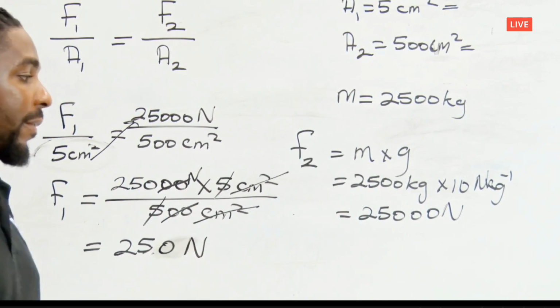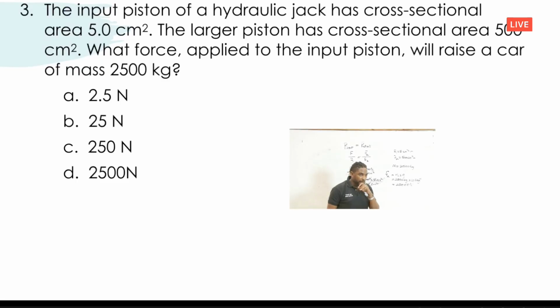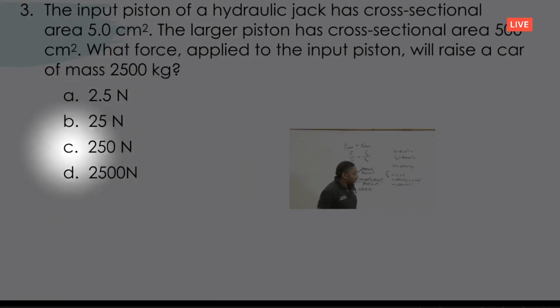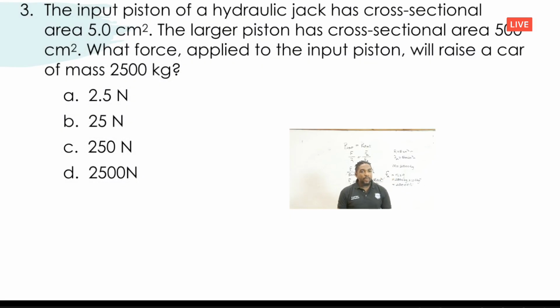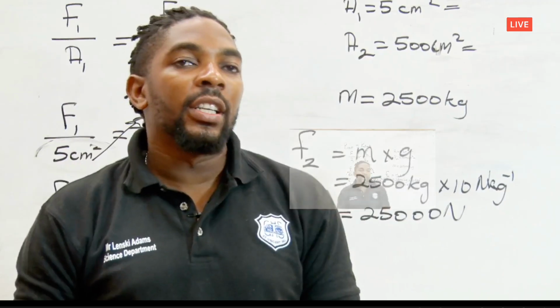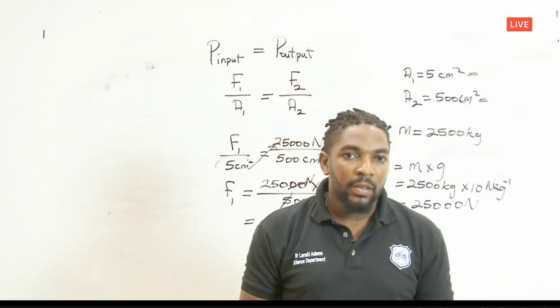So our answer there now, 5 cancels 5, so we end up with 250. Our answer there is 250 newtons, which would have been our option C in the question. Right? So, in today's lesson, our